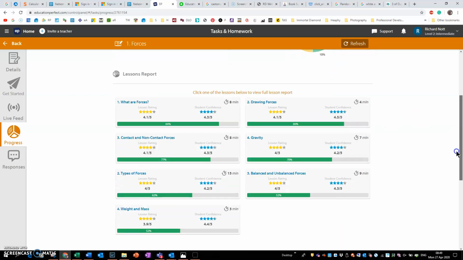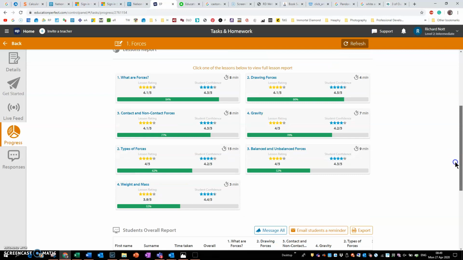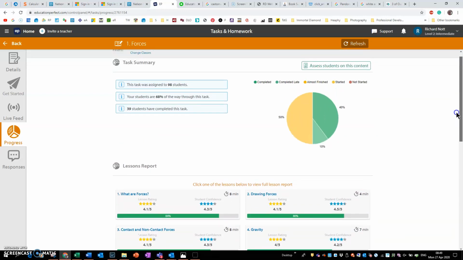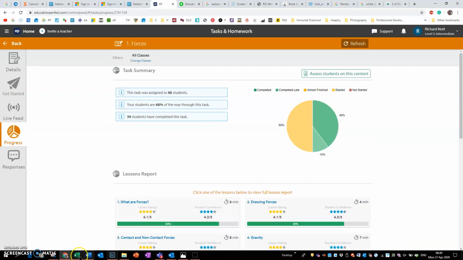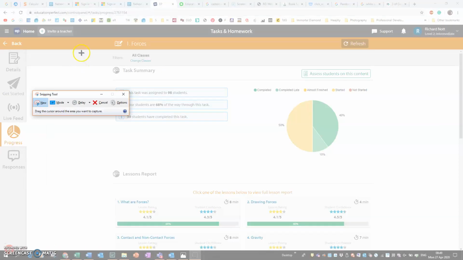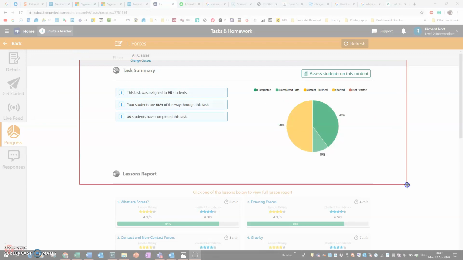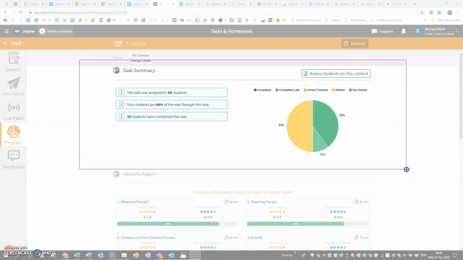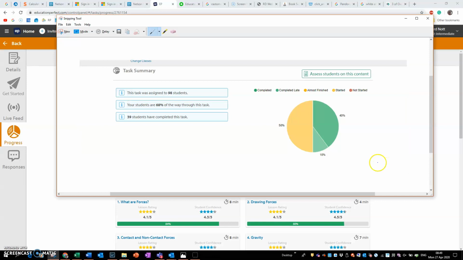And then you'll see two ways of looking at the data. The first one is that. So if you can just use the snip tool, snip that, and have a look at the task, the summary, and copy that,